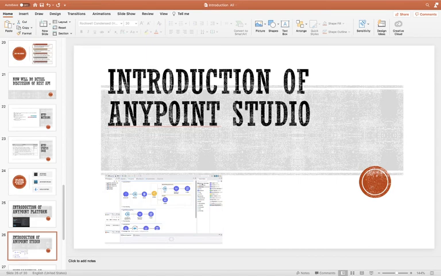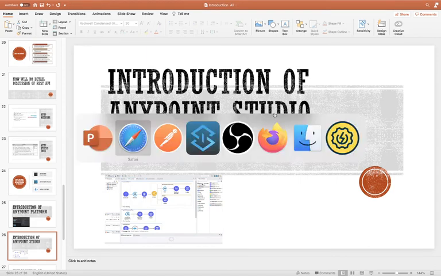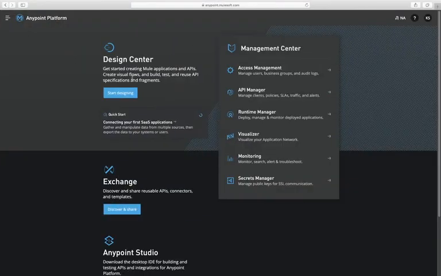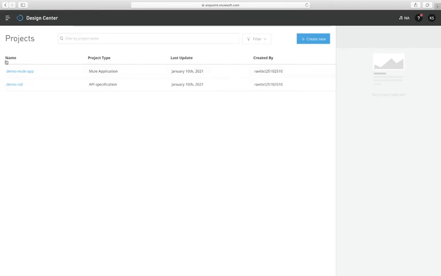Now we'll see about Anypoint Studio. Once we create our YAML file, we can use this YAML file directly, or we can export this YAML file, or we can publish it on Exchange.